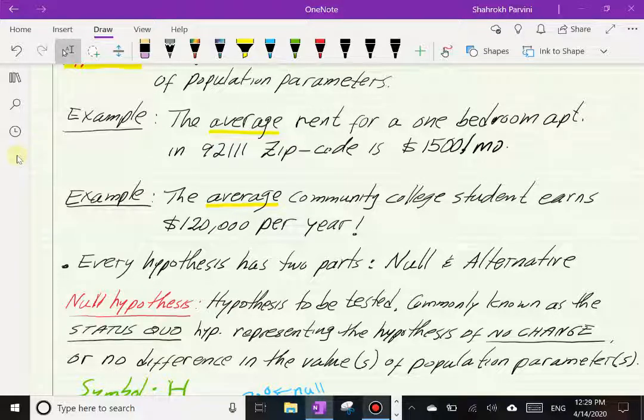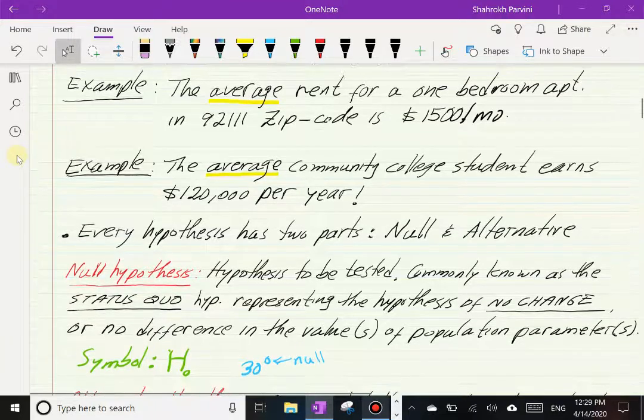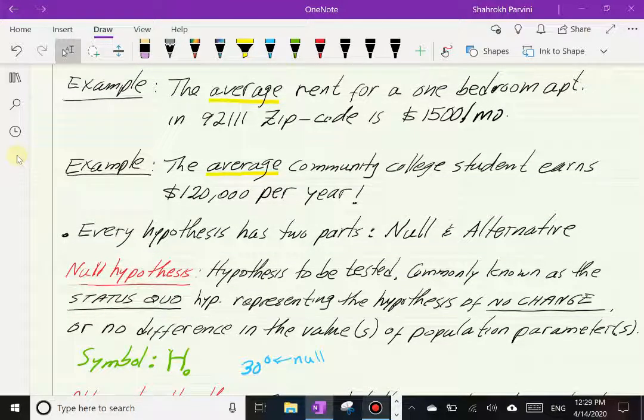When things are status quo, you hear that a lot about government. In government, status quo means things do not change. They pretty much behave or act or are run the way they have been for many years. So that's the idea of status quo. Being status quo, it often represents the hypothesis of no change or no difference in the values of the population parameter. Now, symbolically, we use H for hypothesis, the first letter in hypothesis, and then there is